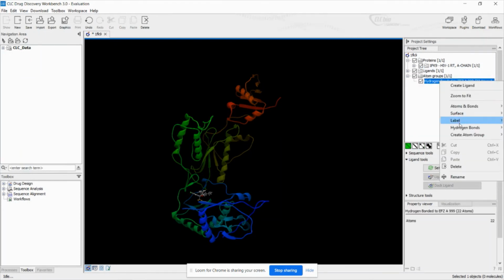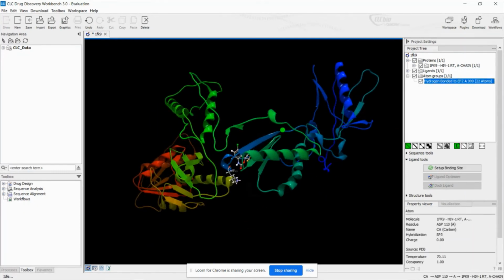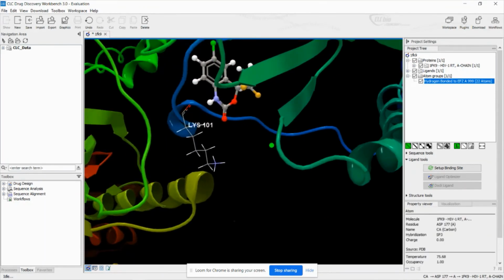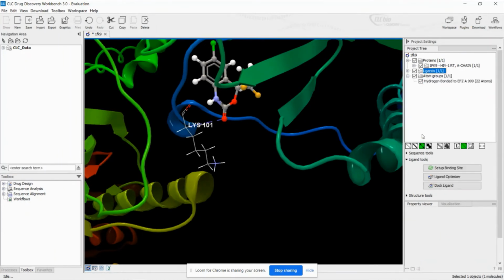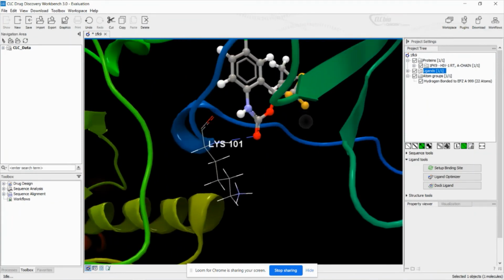Now I'll label the atom group, and after labeling I'll zoom and see exactly what type of hydrogen bonding is with lysine 101. If you see, the ligand should exactly go and bind to the lysine 101, that too with the carbonyl carbon.